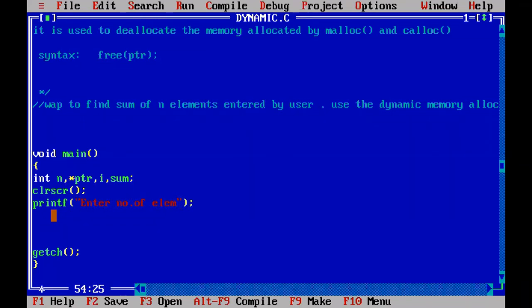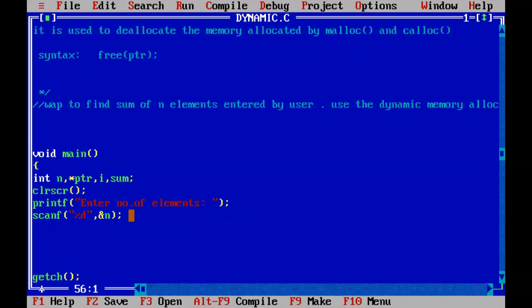For how many elements you are going to allocate memory dynamically, that number you ask the user. Whenever the user enters 5 elements or 6 elements, you capture that integer 5 or 6 with scanf by using integer representation %d, comma, address of n. Now n will be 5. So for 5 elements we are going to allocate the memory dynamically.